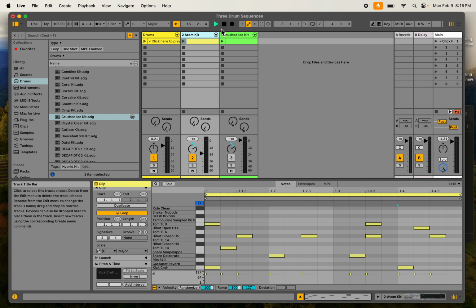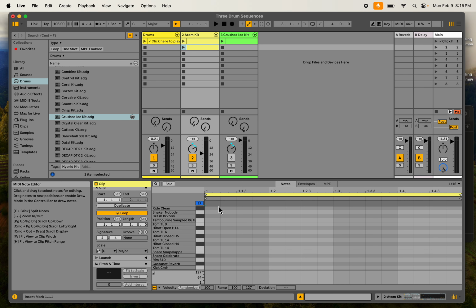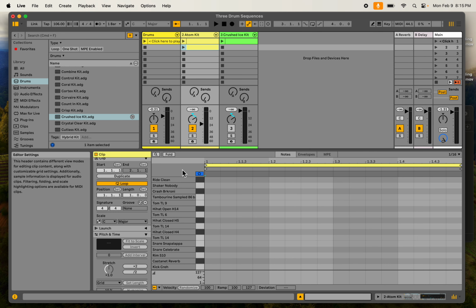Alright, let's go on to kit number 2, Atom Kit. Again, I just double click on the clip. If you're creating a new clip, you can double click and it's completely empty. Let's pretend that we're starting with an empty clip just to review what we learned today and to help students who may miss class. So I double click on any of these slots to create a clip, and it's automatically going to be 1 bar in 4/4 time, meaning that it's going to sound like this: 1, 2, 3, 4,